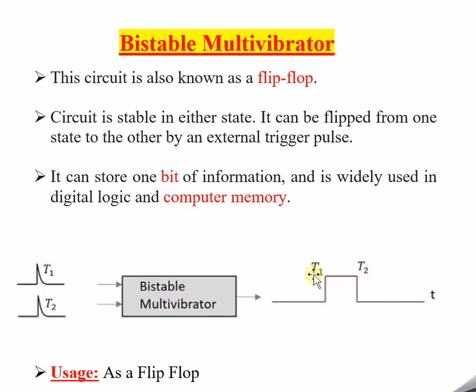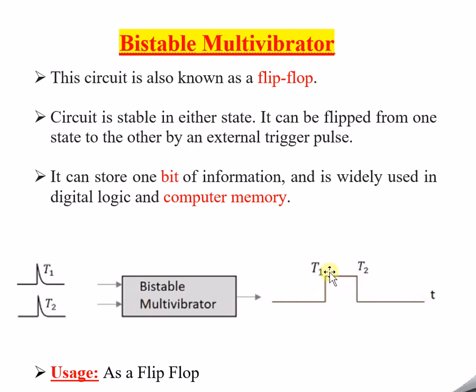How long it has to be in on state or off state will be decided by the user. How long means we decide the time, design the timing circuit, then definitely we will be in a position to determine how long it should be in on state or off state. Again, on state and off state refer to the output of the circuit. I hope it is very clear now.